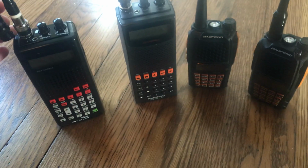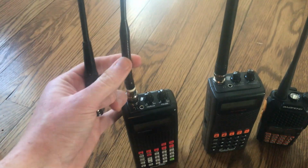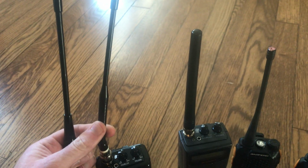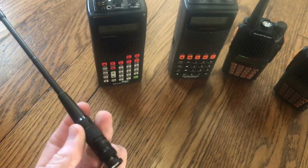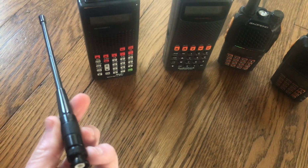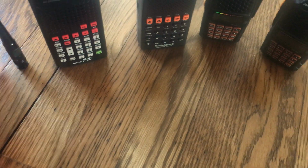We've got a couple different aftermarket guys here. These are both an identical height. This is advertised as a 136 to 174 megahertz antenna, and this is advertised as a dual band 136 to 174 and 400 to 480, I believe, antenna. So we've got,